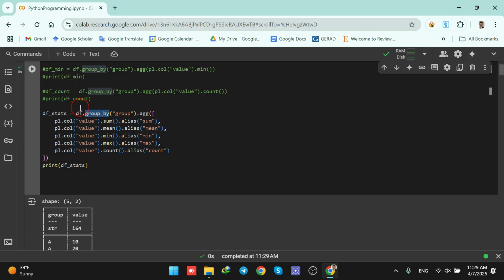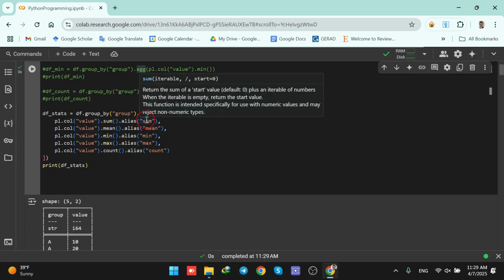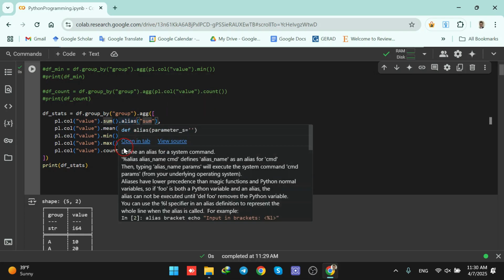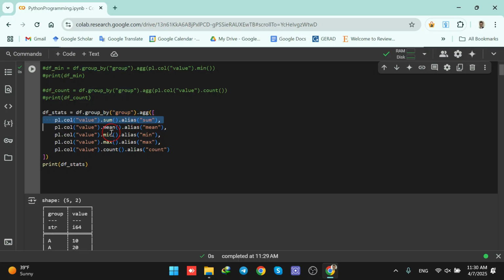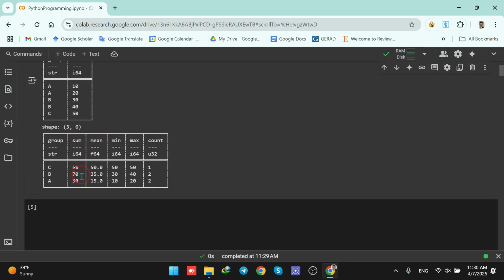I call the data frame function for the df data frame, and we're going to group it based on the group column, and we're going to aggregate the data. We have the new column being created that is called sum using the alias function, and the sum of all the values for each group is calculated and assigned to the sum column. Okay, for A, for example, we are having number 30, which is calculated based on 10 and